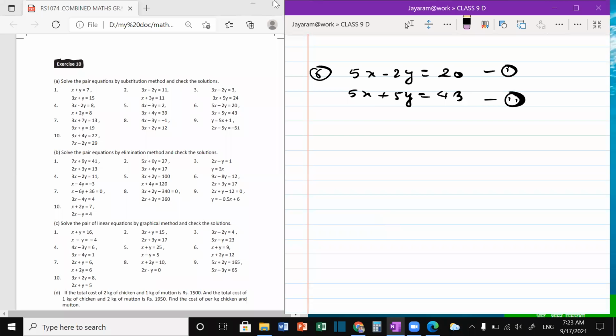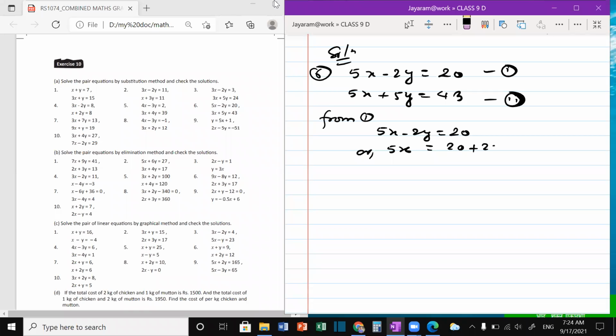Okay, who will suggest to me? Sir, may I? Yes, please. Sir, first we should write the given equations here. Okay, already I started the solution. Then 5x minus 2y is equal to 20. From equation 1, 5x minus 2y equals 20. And then we should write 5x equals, this 2y will go that side, 5x equals 20 plus 2y.